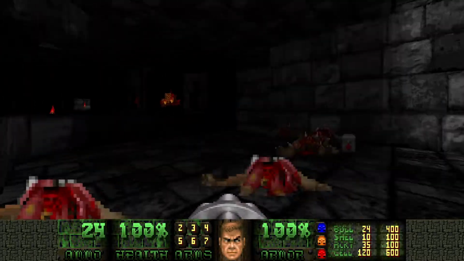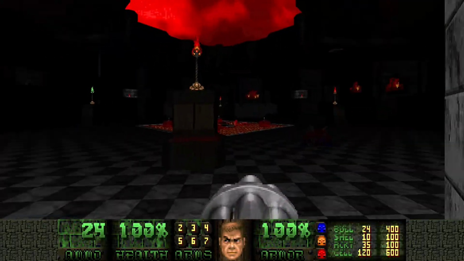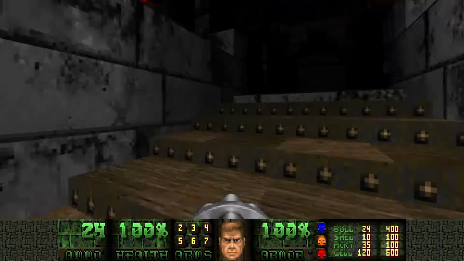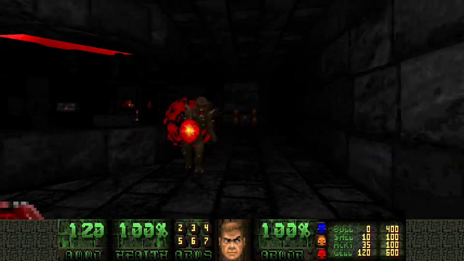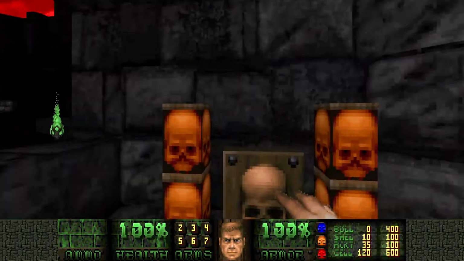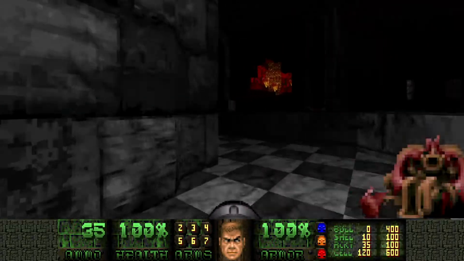We're gonna hit that yellow switch there, and there's gonna be another one on the other side of the room where the Revenants and the Imps were. Here I'm just using chain gun ammo because we're not gonna have a use for it anymore in the map. We are gonna have a little bit of use for some cells, and especially rockets here,